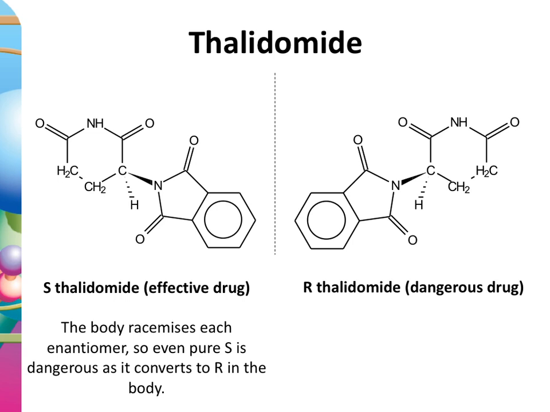So we did look at this structure when we were looking at identifying chiral centers earlier. So this is thalidomide. In chemistry, you get this S and R notation. I'm happy to explain that to you, but not in this video. In biology, what you tend to see is a plus and minus as a notation, but in chemistry it's S and R. So it's the S version of the thalidomide which is the effective drug, and the R one actually is the dangerous